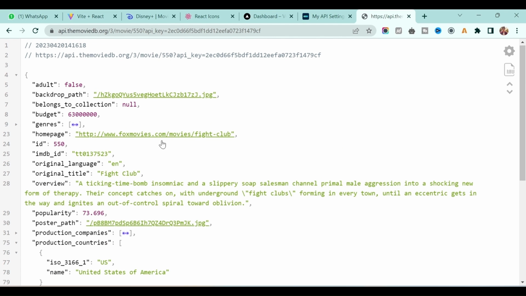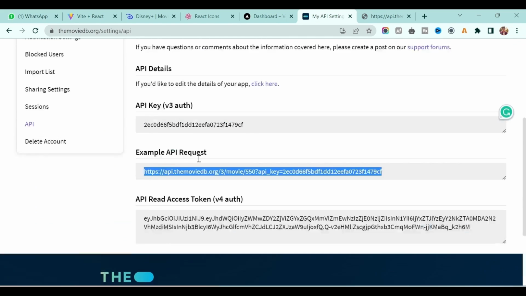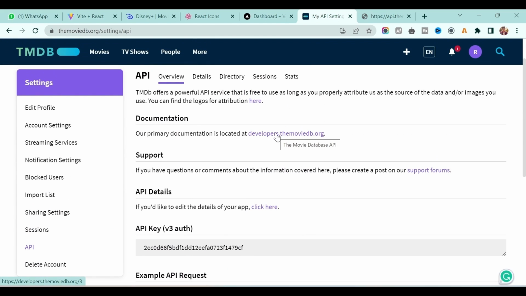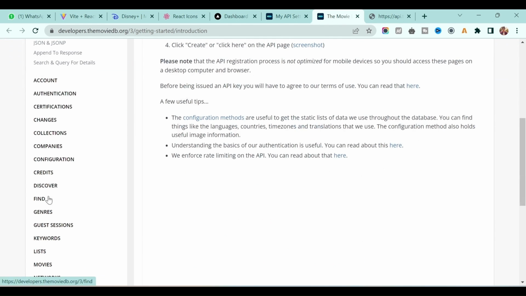Okay, so once you have that particular API, then just go to the developers section of themoviedb.org, where you will find the documentation for this one, right? So here you will see a bunch of different categories, okay, including genre.